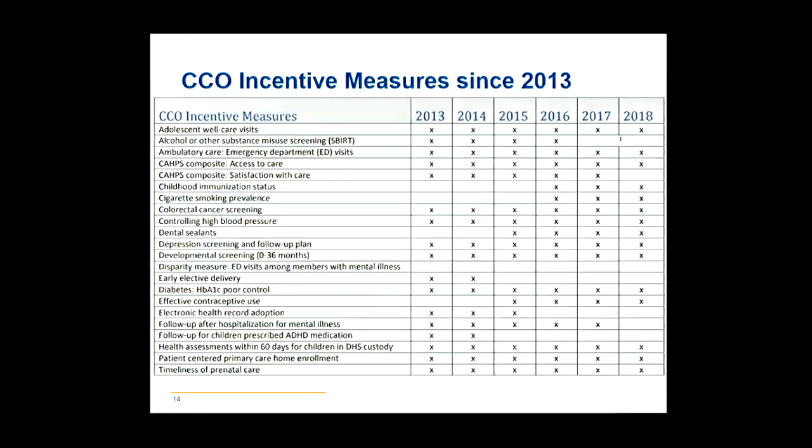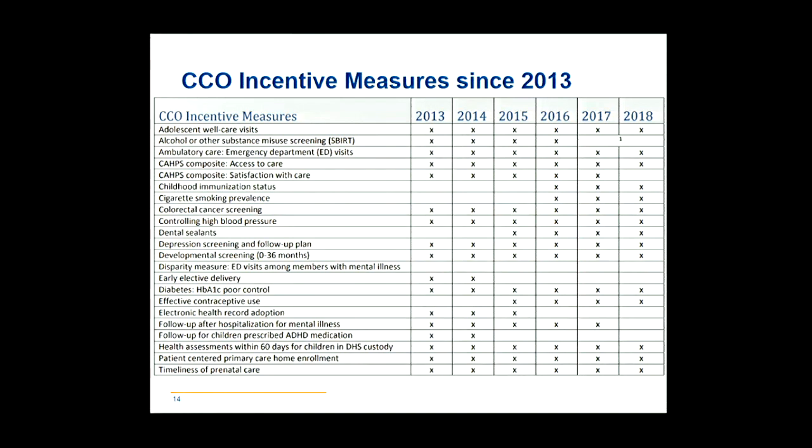So this gives you some, I know it's a really busy slide, but this gives you some kind of idea about how the measures have gone over the years. So starting off in 2013, all the ones that have a little X in their row are what we were working with. And you can see that some of those have remained in place all the way through 2018, like adolescent well care visits. There are other measures that weren't in place in 2013 and have since been added, like